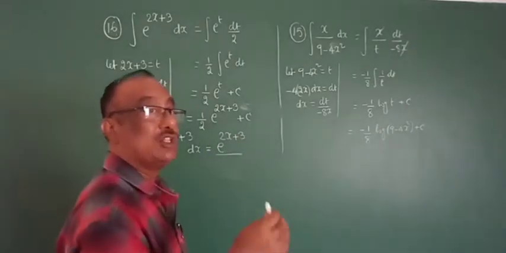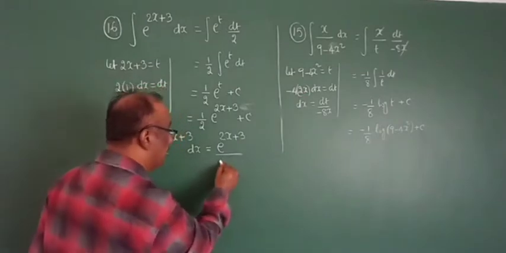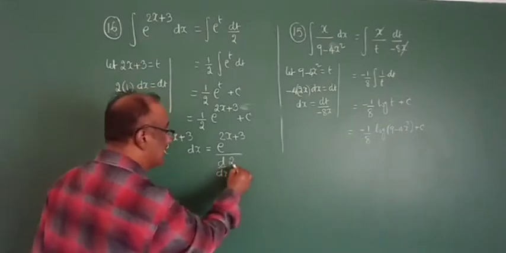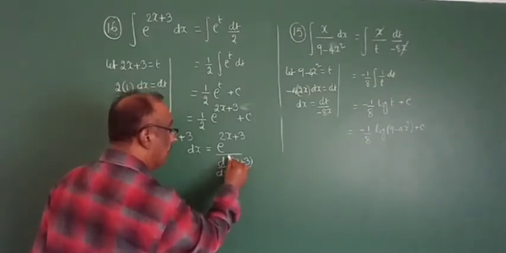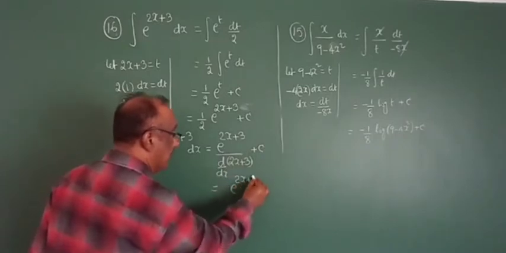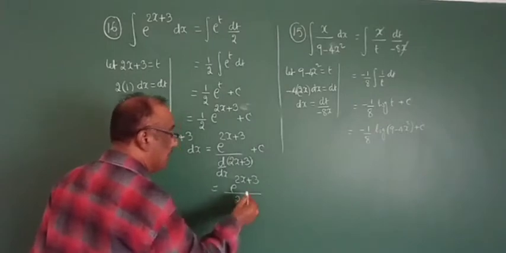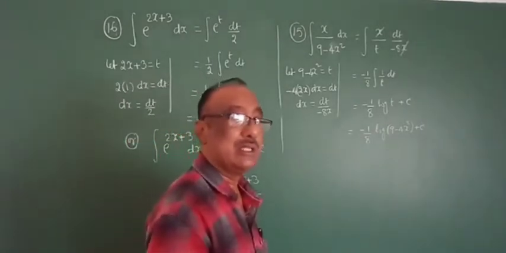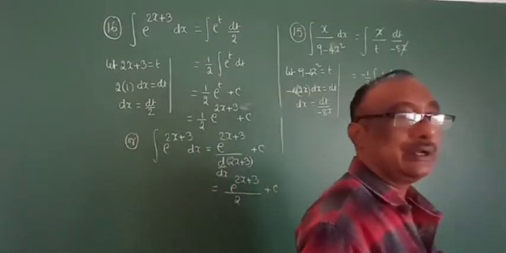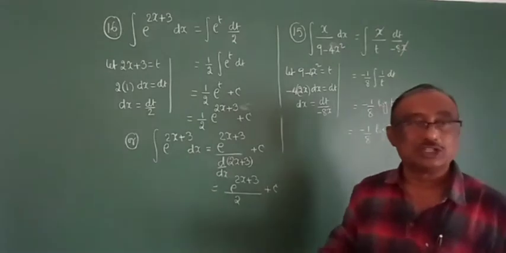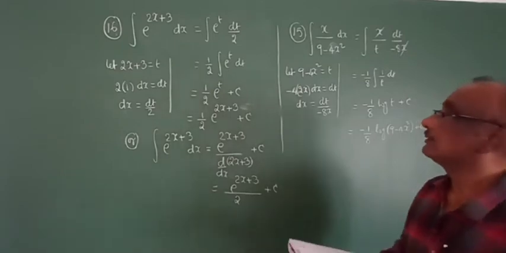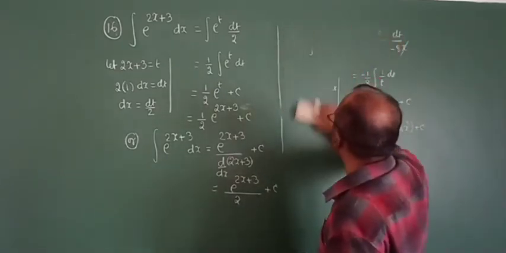E is completed. By the chain rule, the derivative of 2x plus 3 goes in the denominator, because integration is the anti-derivative: e power of 2x plus 3 divided by the derivative of 2x plus 3, plus c. The derivative of 2x plus 3 is 2, since the coefficient of x has derivative 1 and the constant 3 has derivative 0. Plus c. We get the same answer, no doubt about it. By the substitution method or the chain rule method, whichever method we apply, we get the same answer. Okay? Right, I go through the 17th problem.